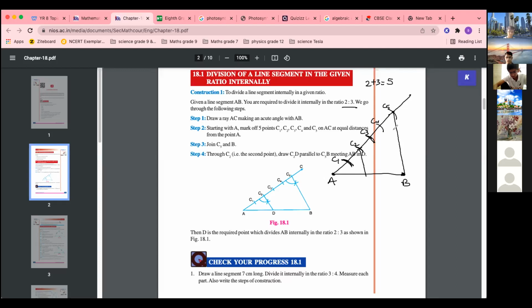So you will put a scale over here. Pull the scale backward parallelly towards this point. As the scale reaches over here, keep the scale straight, not tilted. In this line only, you have to pull it backward and draw a parallel line. Wherever it cuts the line AB, this point D is the point which divides this AB into 2:3.